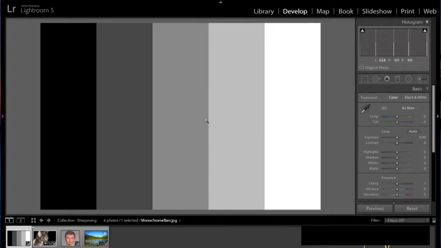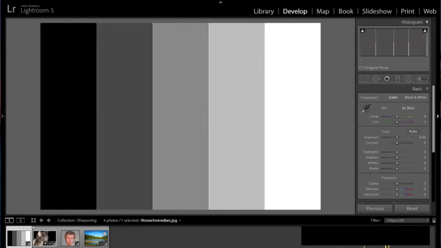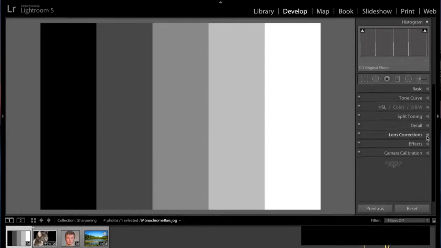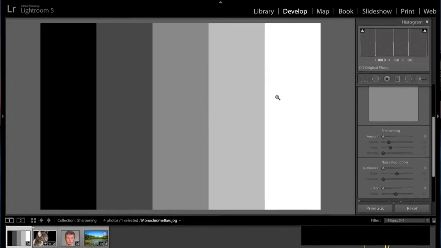I'm going to demonstrate it on this gray bar photograph, and I want you to look at the transition edge where this darker gray bar touches the lighter gray bar, right at that edge. As I move clarity up, you could see the light part gets lighter and the dark part gets darker. And what you're doing is you're increasing the contrast right in that transition edge, and that in effect makes your photograph look sharper. And as we jump down into the detail panel, what you'll see is something very similar, and